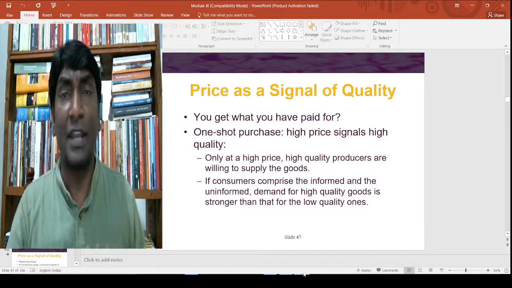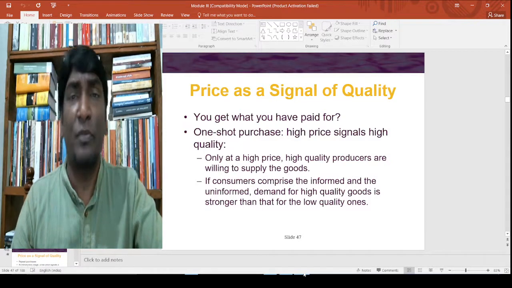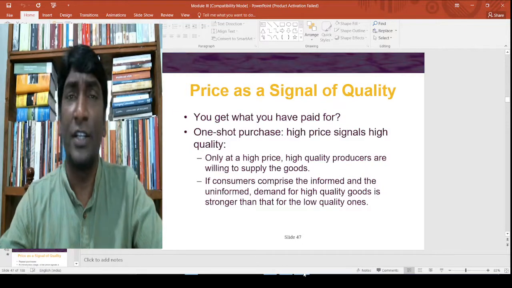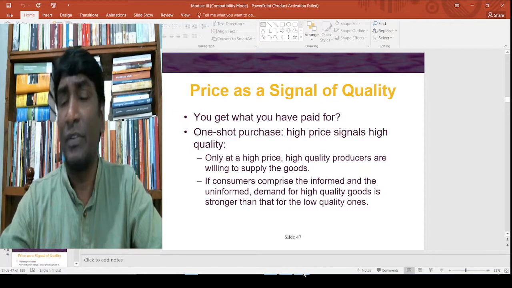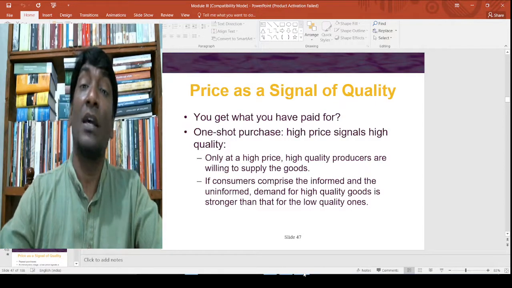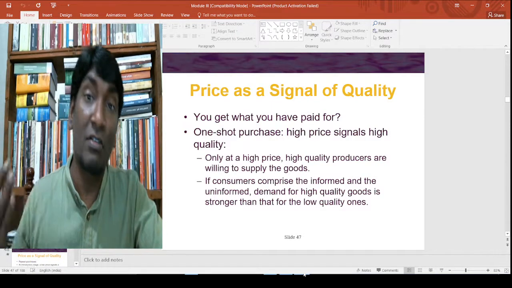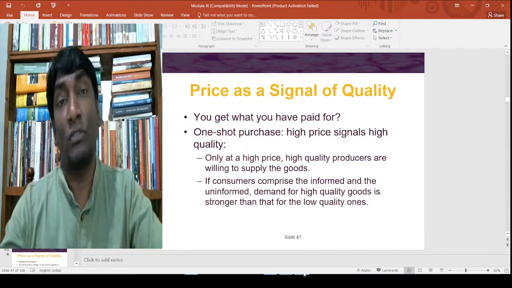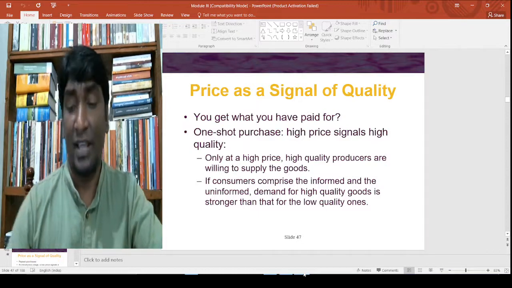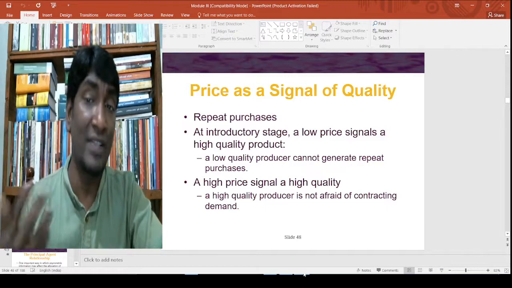So price can be an indication of why people spend a lot of money on a car. For example, a cheaper car and a dearer car. In Indian terms, there are cars within 5 lakh rupees or less, as well as cars at 5 crore rupees. So you have a 100 times difference, and you may see that this car has higher features and all. But not only that, a higher price means higher quality in that sense. You see that higher quality comes with a higher price. So price acts as a signal.